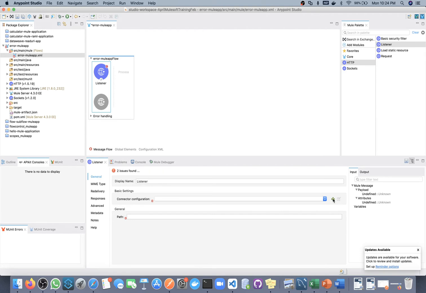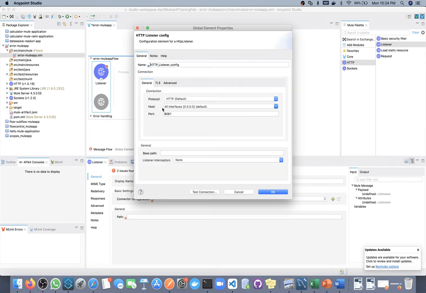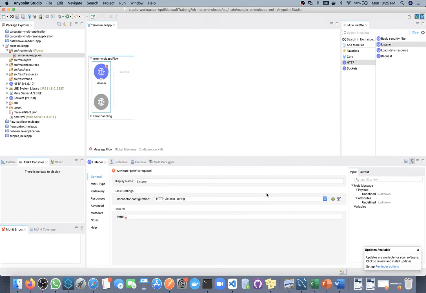So click on this and we'll use localhost and 8081. I'm not going to test since I know my port is available, so I'm clicking on this, and in path I will take test error. Okay, so we are done with this listener configuration.